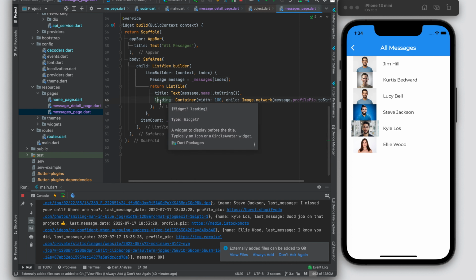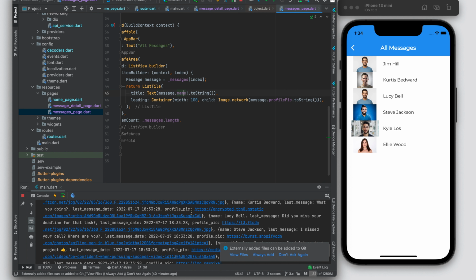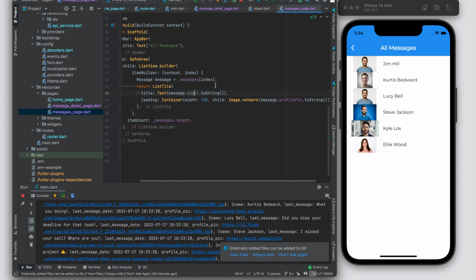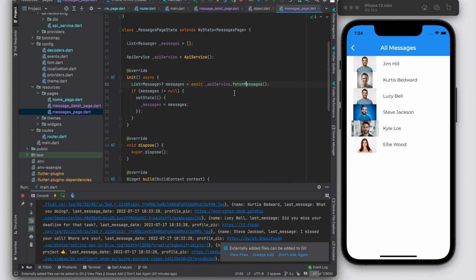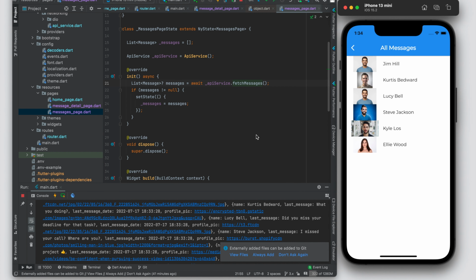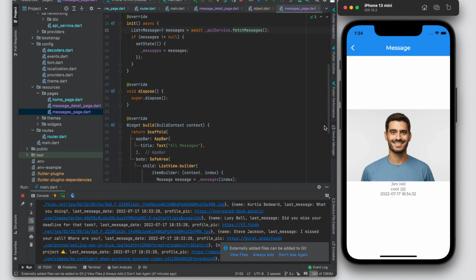We've just got a leading container that fetches the image, which is this bit here, and this is also the name from the API, which is just there. So hopefully that's a simple way you can start using that, and you can see it all works. And scroll through the list, and for the next example, which is just fetching one message,